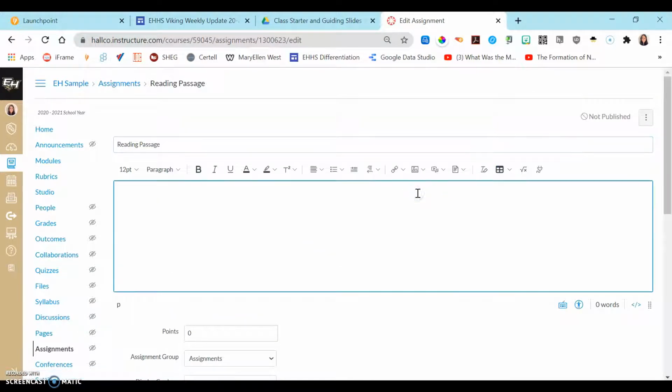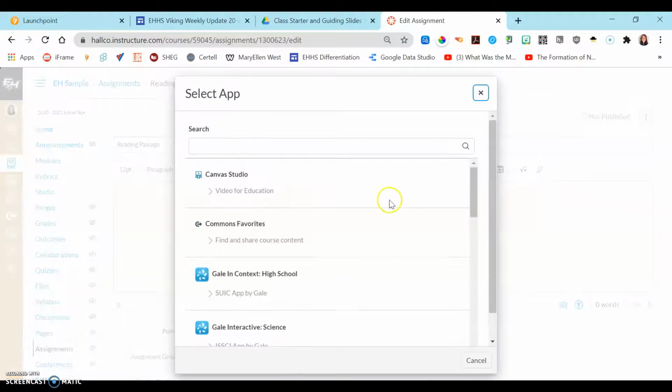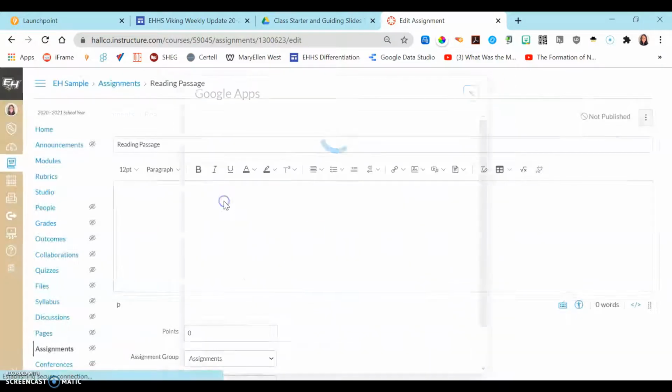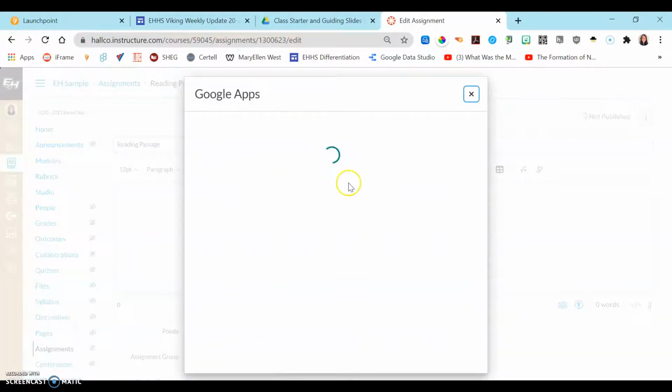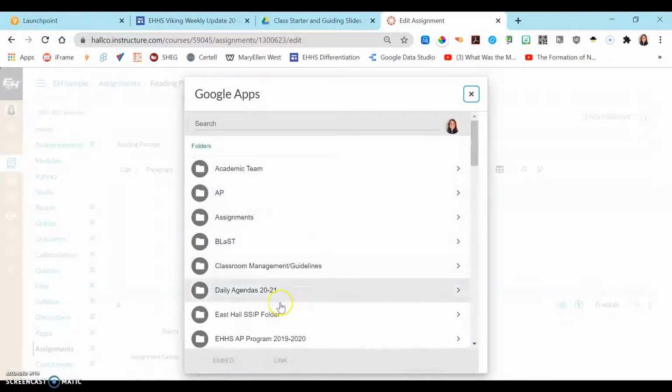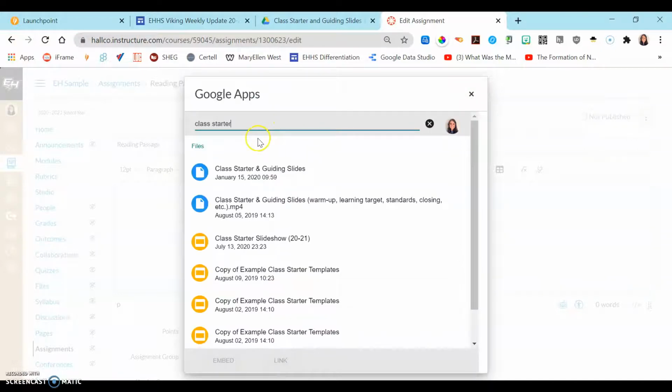And I'm going to embed a class starter slide just to remind the students of what they're doing, or a daily agenda first. So I'm going to go to this extension cord here, click on it, and go to Google Apps. So once I click on Google Apps, I can go to my class starters or daily agendas,